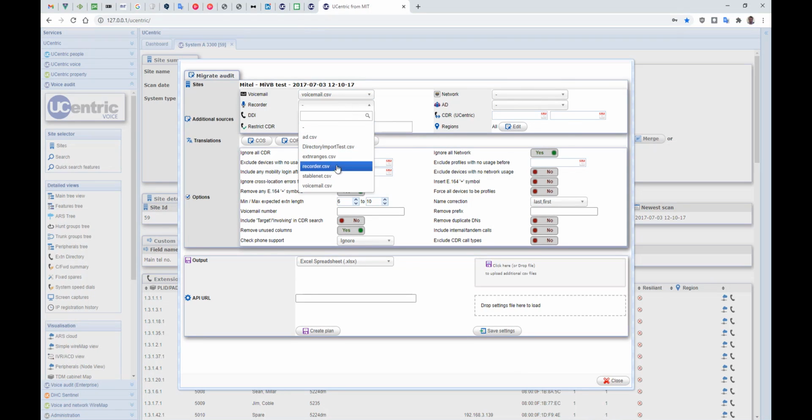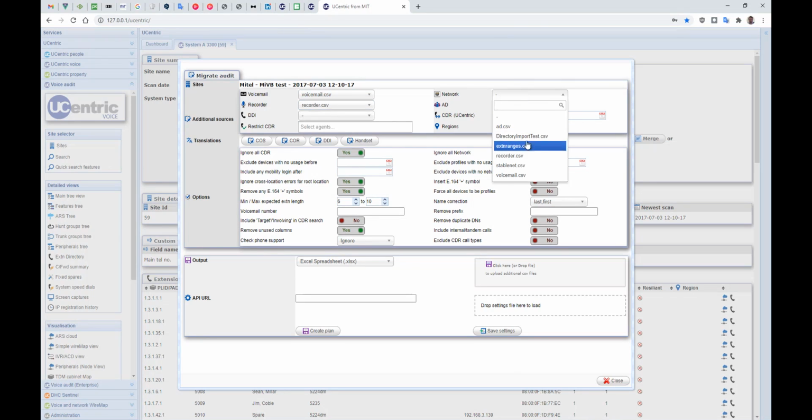If they've got a call recorder, well, we can blend that in as well. If we've got information from the edge switches, we can then see which phones are plugged in where. If we've got an output from AD, we can pre-populate it with all the details of which extension, which SIP account details need to be applied to each user. We can look at CDR data to see if they've made any calls in the last 3 months and highlight the users that